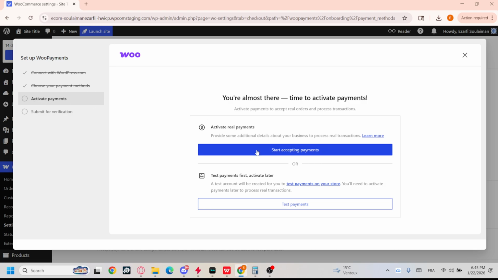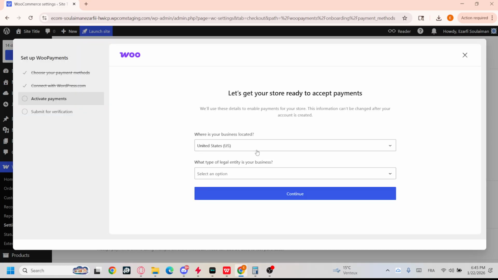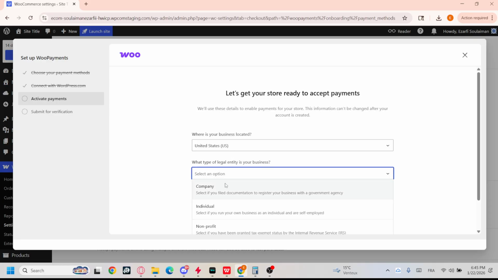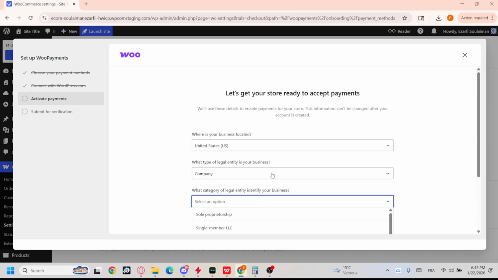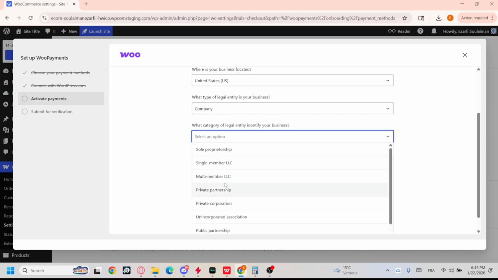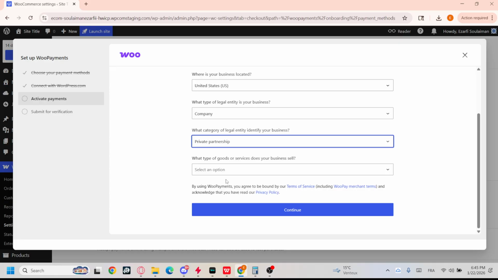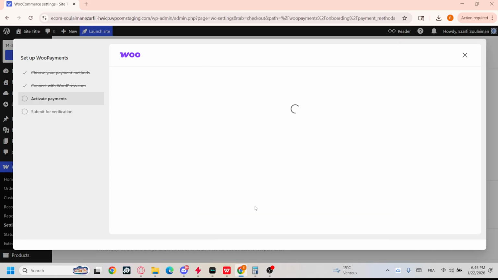So we will need to just click on start accepting payments, and then choose your state or your country, and after that just select an option for what type of legal entity your business is. For example we'll go with company, and after that you will need to choose the category of the company. We'll go with private, partnership, software, and then just go with continue. Okay,